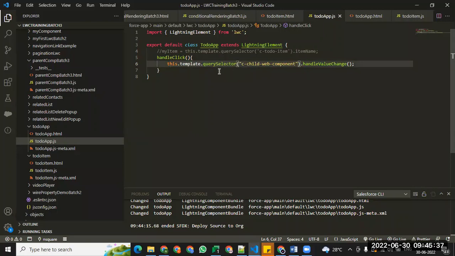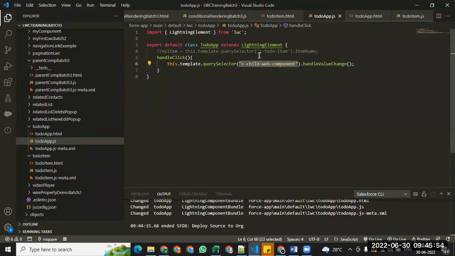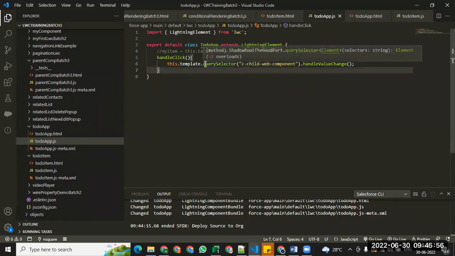So what does this mean, or how does it work? In this.template.querySelector, we need to pass the kebab casing. What is this? This query selector will look into the